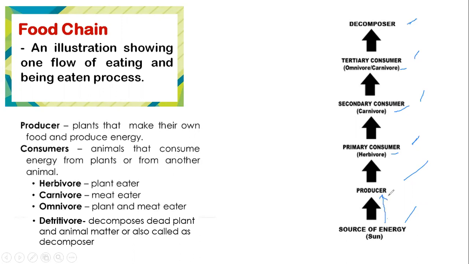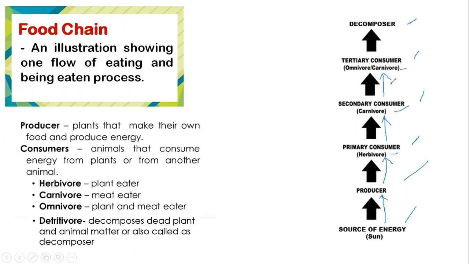Then the energy from the producer, since the food from the producer itself is being eaten by the herbivore. So the energy from the producer will be given or transferred to the herbivore. And since the herbivore will be eaten by the carnivore, the energy from the primary consumer will be transferred to the secondary consumer. And since the secondary consumer will be eaten by the tertiary consumer, the energy from the secondary consumer will be given or